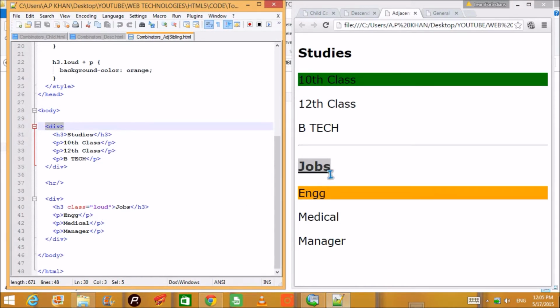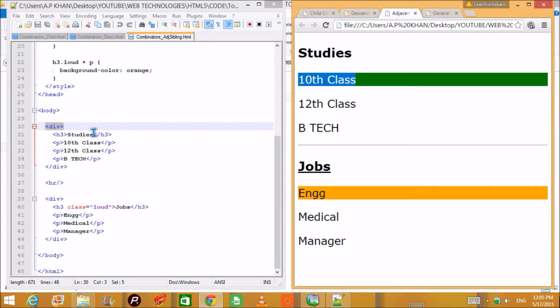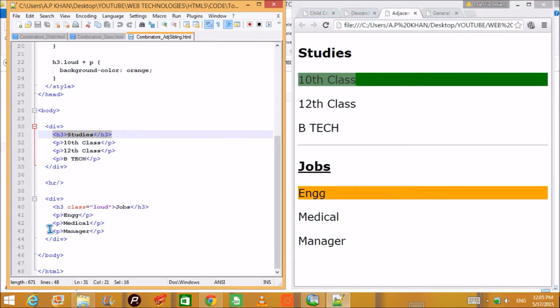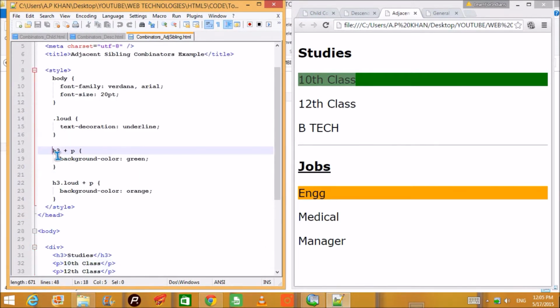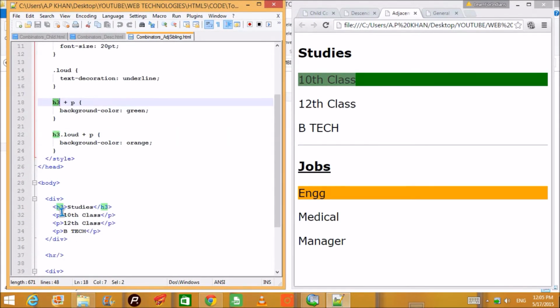Now I want the first P inside this div, which is following this heading, to be highlighted. What I have to do is give H3, any H3 which is followed by P, that P has to have a green color.